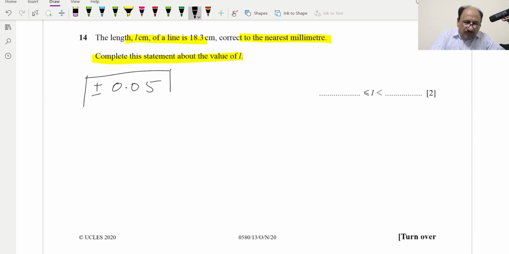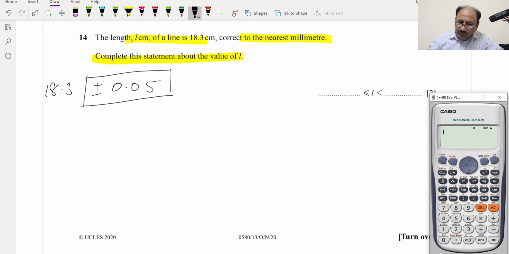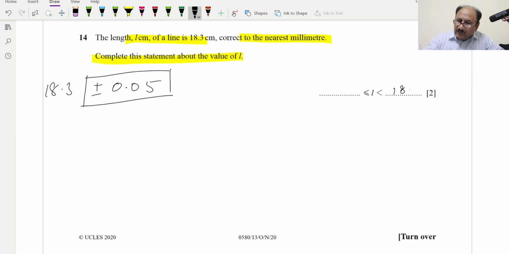So this one we will be adding and subtracting in 18.3. So we can use calculator. Even we can write 18.3 plus 0.05, and this will be equal to what? This will be 18.35. So 18.35 will be upper bound,